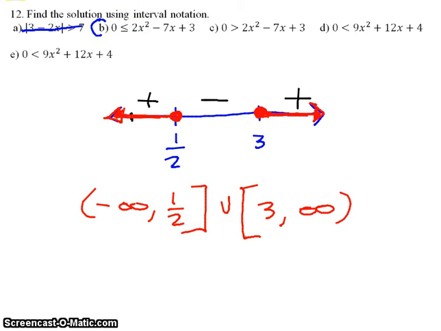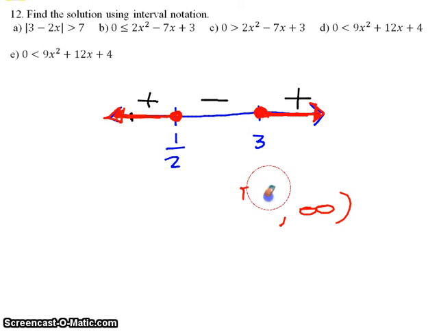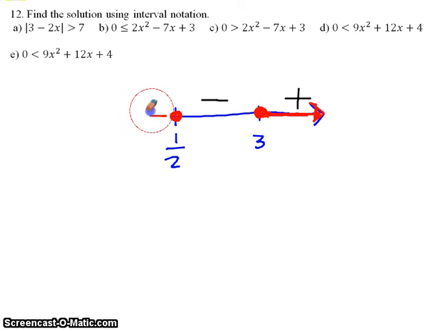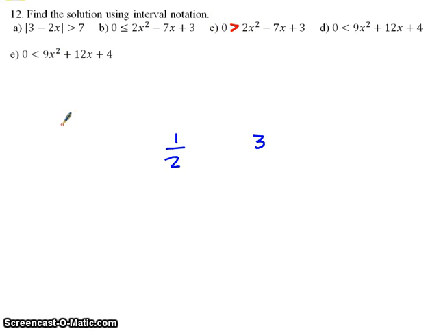And let's move on to the next problem. Part C is where we're going. Okay, so it looks like part C, we have the same exact type of setup. It's just we're looking for what x values are going to result in negative values. What x values can we plug in and give us negative values less than 0? So I'm going to just draw my number line here,